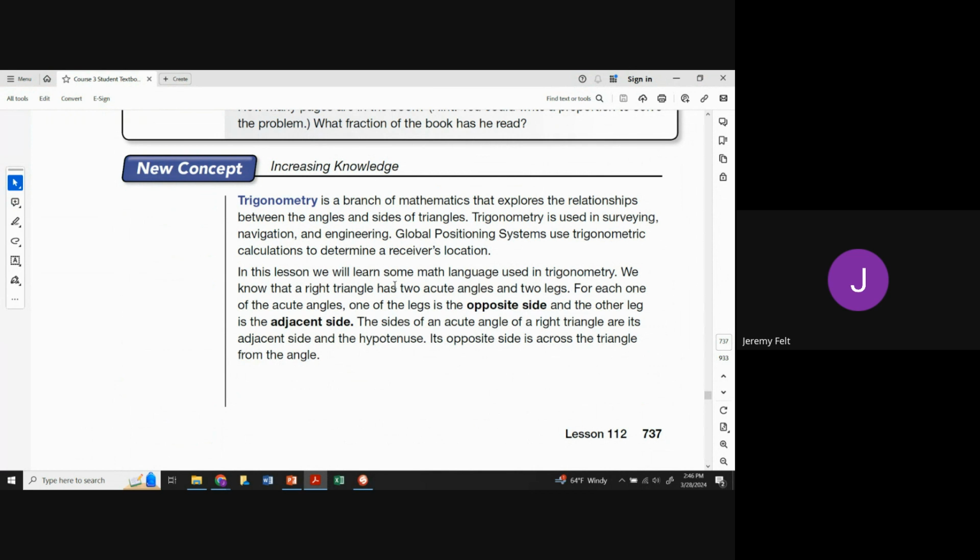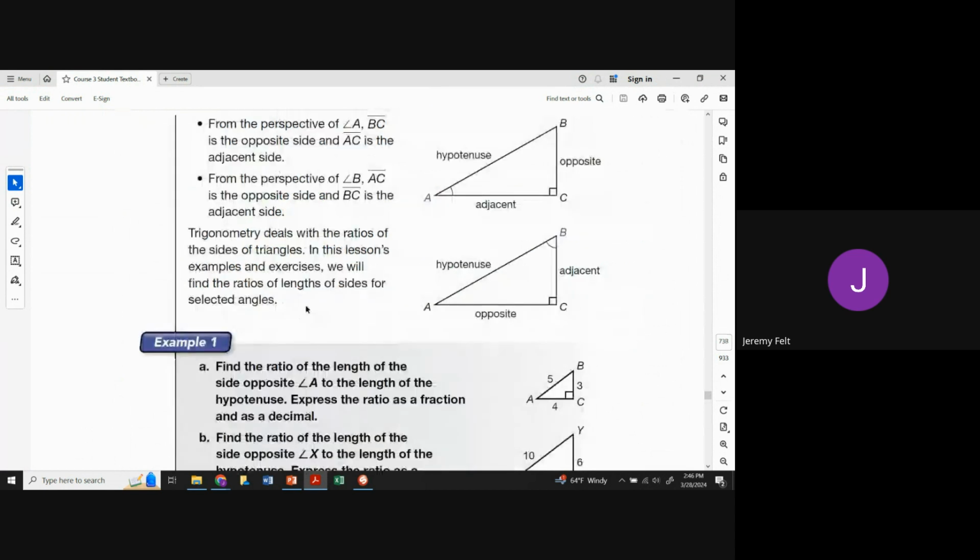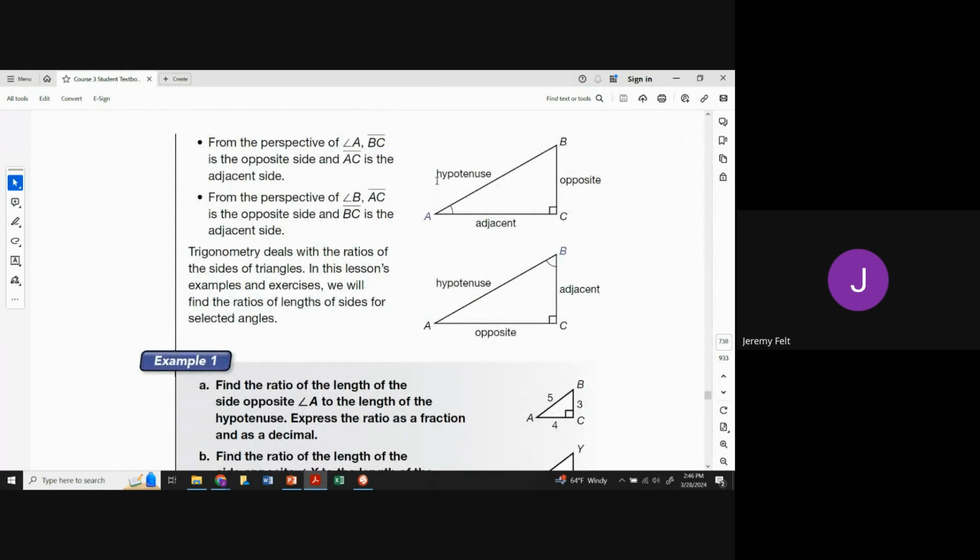Trig, as it's called for short, is a branch of mathematics that explores the relationship between the angles and the sides of triangles. We use it in surveying, navigation, and engineering. Again, if we can't directly measure something, this is one of those indirect measurements that we can use to very accurately calculate a distance. Some terms that you'll see: opposite side, adjacent side, and the hypotenuse, which we've talked